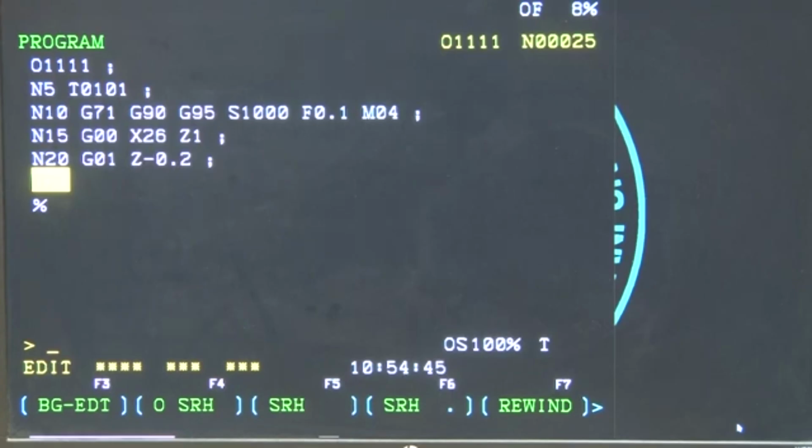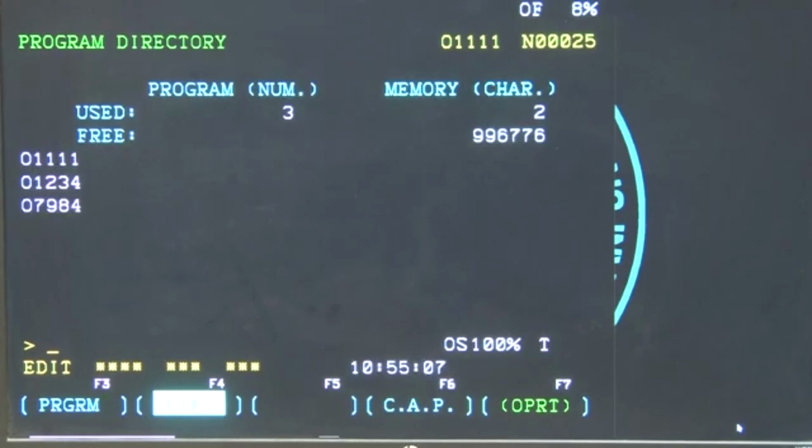Z axis is a particular direction that it takes, and I have already told you those axes, the directions. In turning it is one, in milling it is different, and so on. N25 is the next, and so on. So, the entire program is made. I will call the entire program, and you can see that in the N25 next to that is